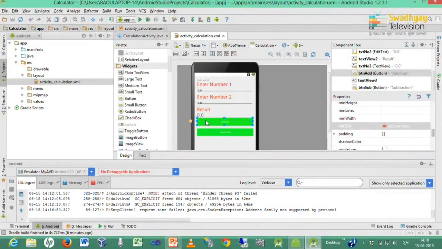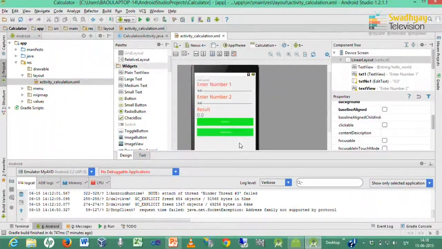To handle this addition event, either you write the method name in onClick, or there is a separate way to handle events using an event listener, which we will learn later on. For the first button we have used the onClick property, and inside it we write the add numbers method.